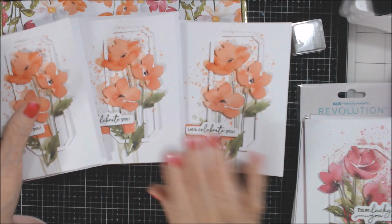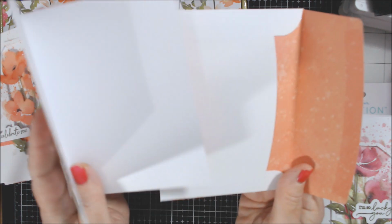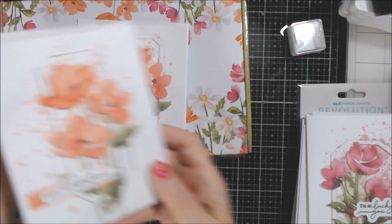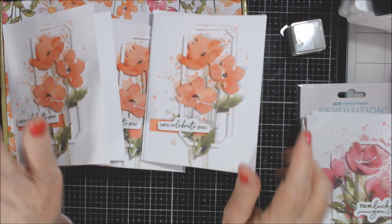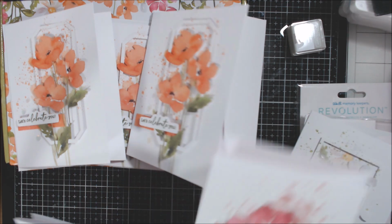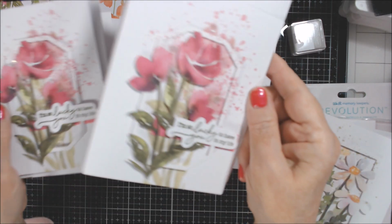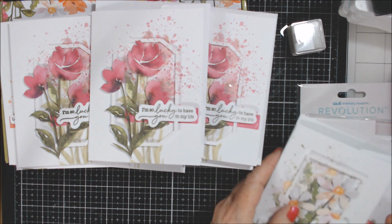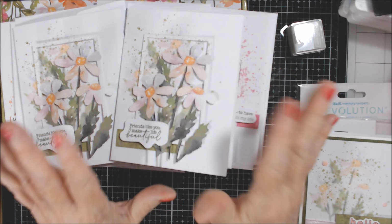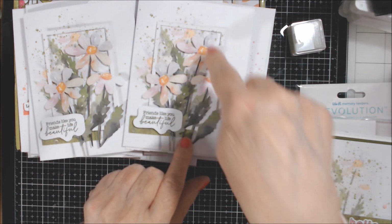So I have 3 of these, and the cards are beautiful. They are just plain white inside, and if you know anything about me and Paper Pumpkin, I usually cut them all apart, cut the envelopes apart, and I might make 3 of them, 1 of each, as intended, and then I usually cut them apart and do a bunch of other stuff. So I did have 3 of the orange, which is, I think, Calypso Coral, 3 of this beautiful Melon Mambo, I believe, but the daisies, I only had 2. Now, I might have pulled this out and used it on a different project because I'm vaguely thinking I did. Anyway, I didn't have this frame piece,